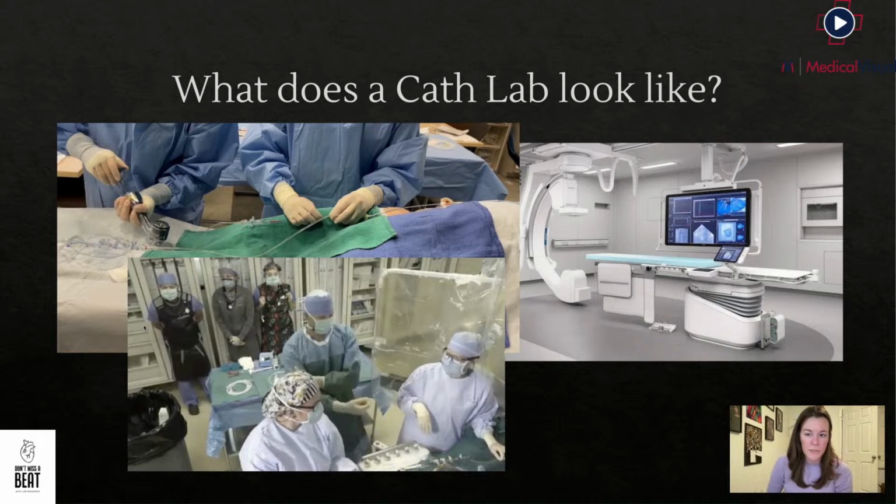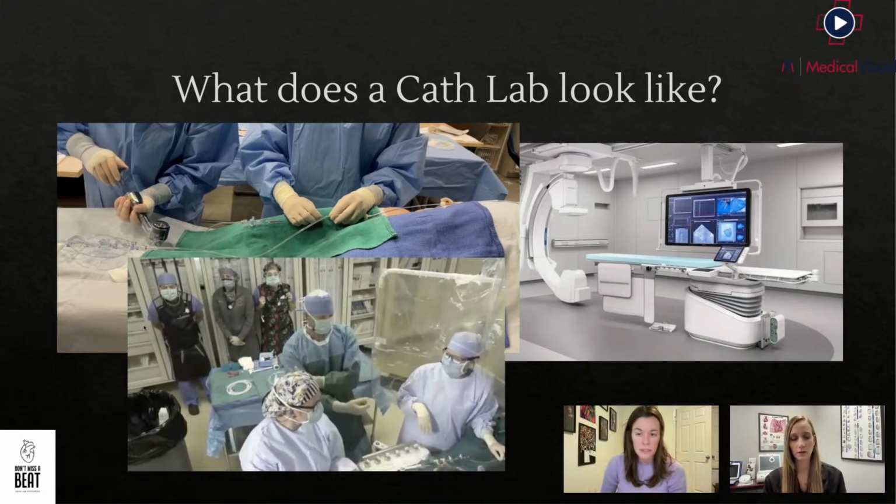But that is me scrubbed in on the right-hand side, and then my student scrubbed in with me on the left-hand side. So this is what we do. We don't call it surgery because it's percutaneous, it's under the skin; we go through the groin or the wrist. So in this case, we're going through the groin. There is still blood and a lot of invasive components, but essentially we are putting equipment inside and out of